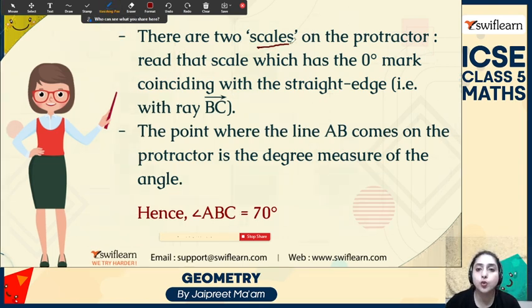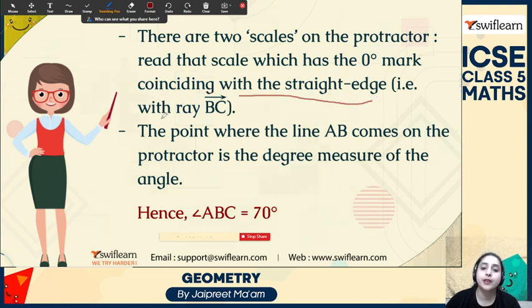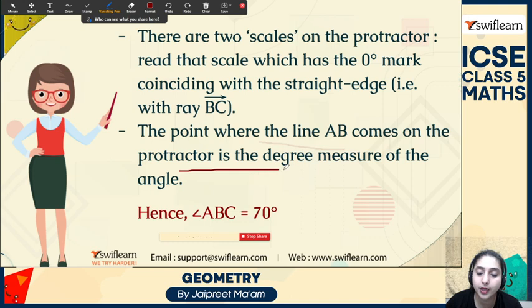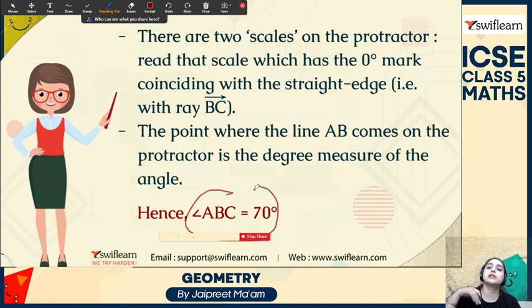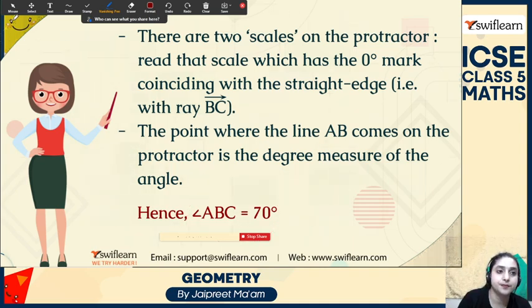So there are two scales on the protractor. Read the scale which has the 0 mark coinciding with the straight edge, that is ray BC. The point where the line AB comes on the protractor is the degree measure of the angle. For example, angle ABC is 70 degrees. Okay,